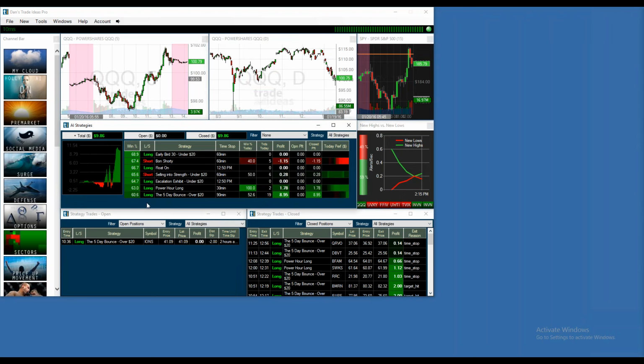Yeah, so earlier Mike alluded to the Trade Smart feature, and I think what we're talking about there is including the smart stops in the strategy exits. That's right.